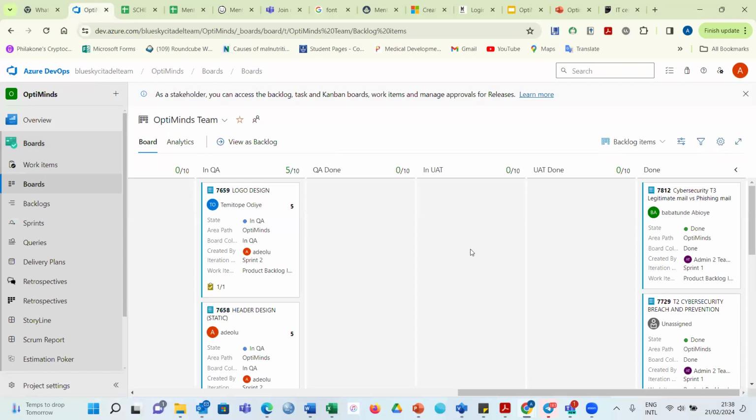Oh wow, you guys put all of this under cybersecurity. So you don't have any of your stories in QA done. So what happens as business analysts is that when